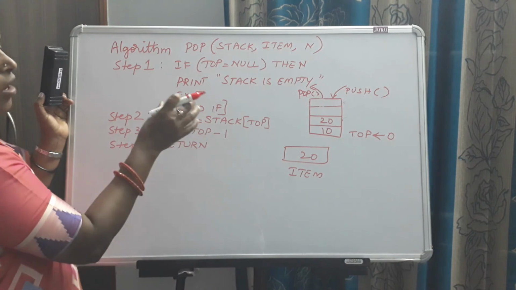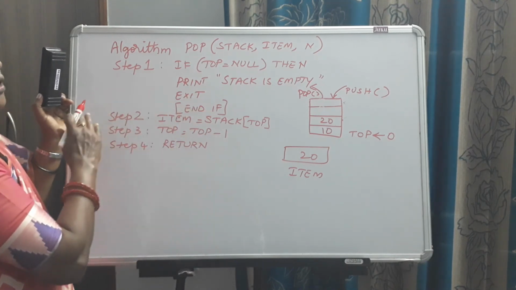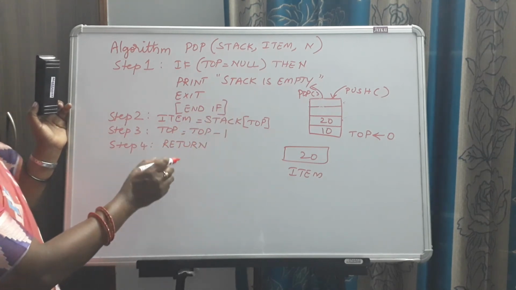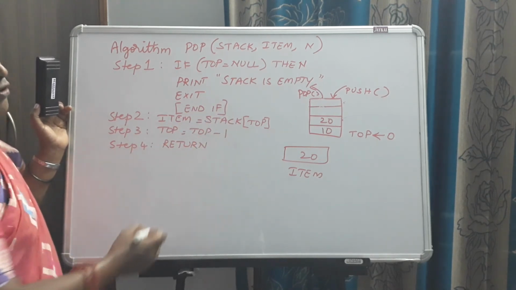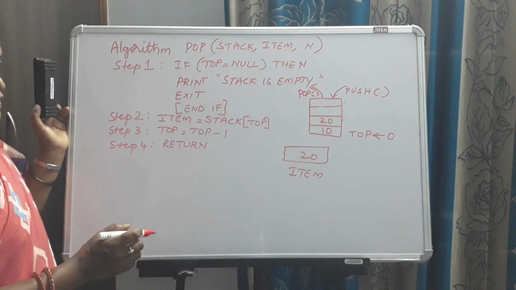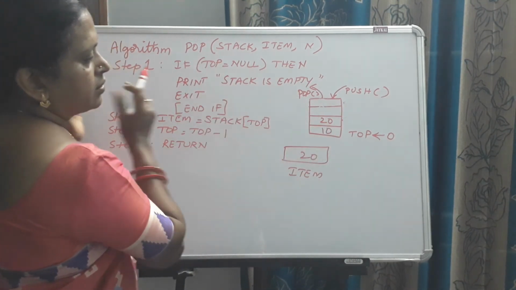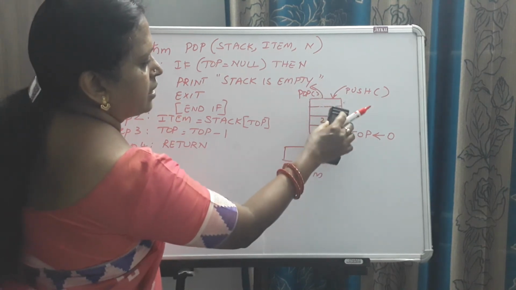This is the called function. You are returning to the calling function, because it is not a complete algorithm, it is just a function or a procedure that we have used to do pop operation. So only one element we have popped out. Actually I showed 4 elements here.